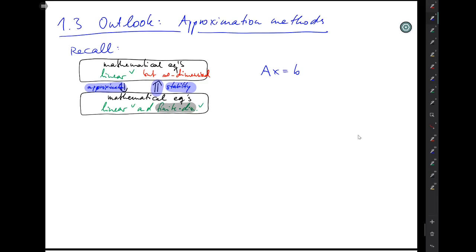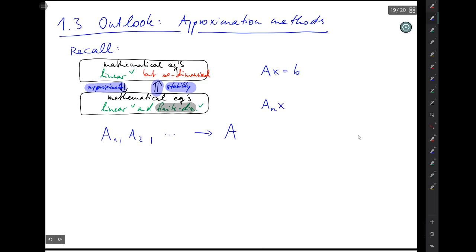And approximation means, well, you're usually talking about convergence. For convergence, you need a sequence. So you probably need more than one equation that replaces your infinite dimensional situation. So maybe you need a whole sequence, A1, A2, and so on, of operators that in some sense converge to your operator A, and then write down things like